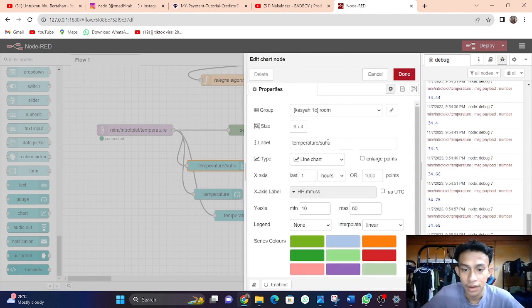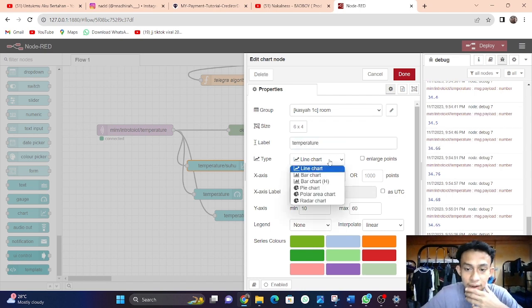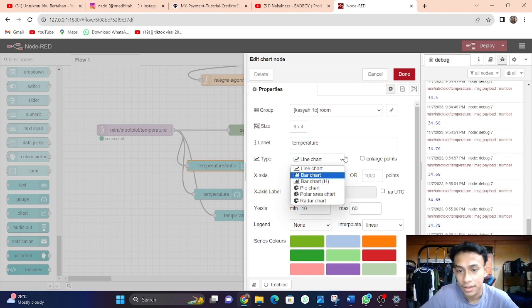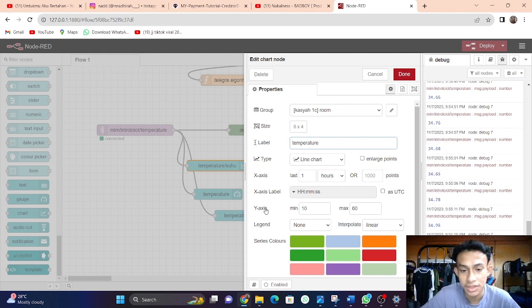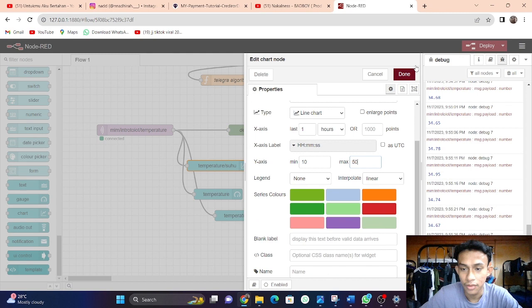After that the label we put temperature, and then I take the line chart, and we can also set the range of the y-axis. I take from range 10 to 50. After that we click done,